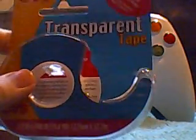Hello, I'm going to be showing you how to mod your Xbox 360 controller. To mod your controller, you will need an Xbox 360 controller, tape, any kind of tape will do, a T8 screwdriver with a security bit,